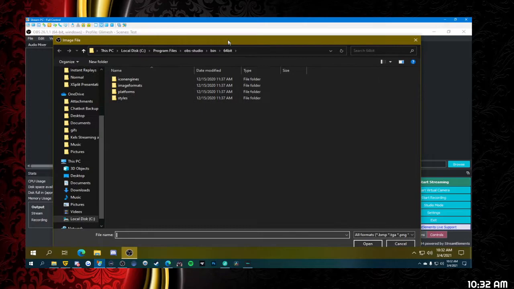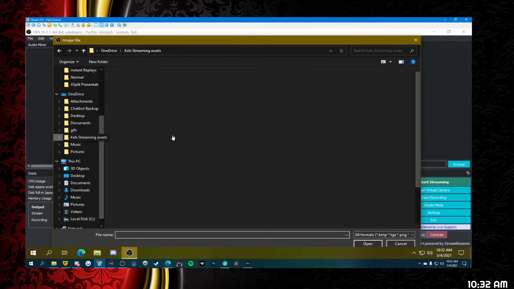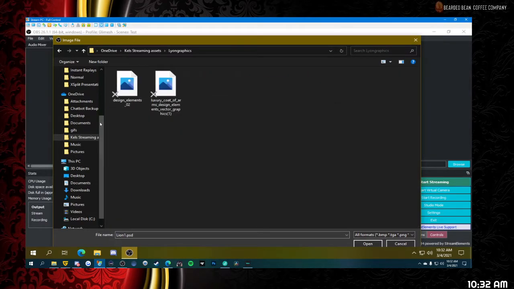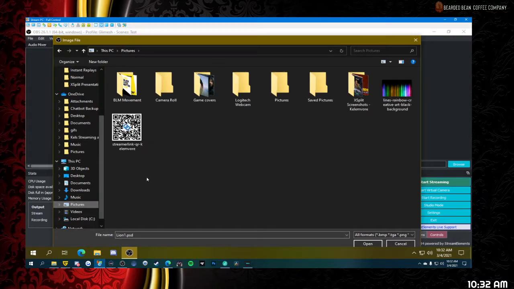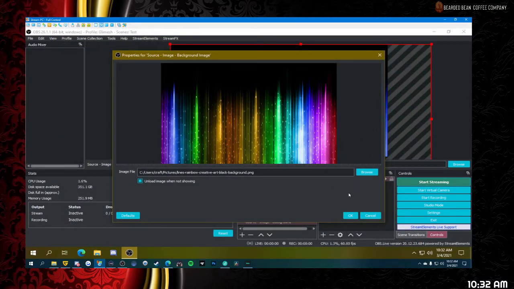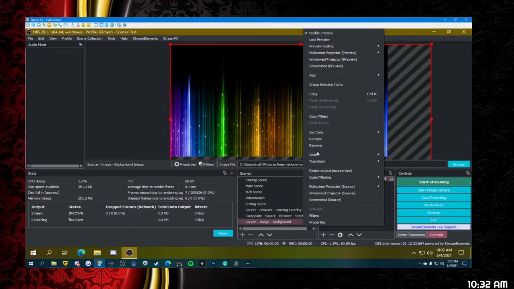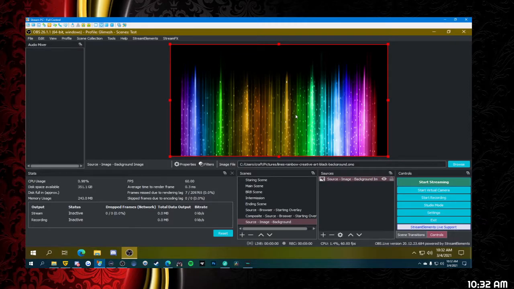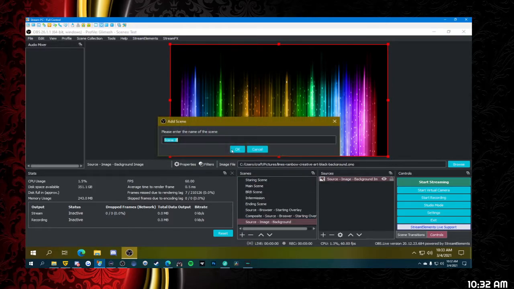I think I have it in my streaming assets. Blah, blah, blah. I don't know. Is it line graphics? In pictures? We'll use this. Yeah, sure. Sure, why not? I don't have everything on my stream PC that I have on my game PC, and that's where I do most of my work. So now what we've done here is add our image, and then we're going to create a composite